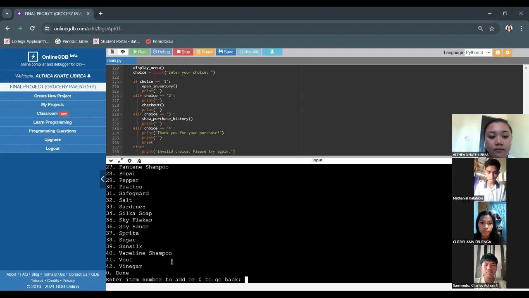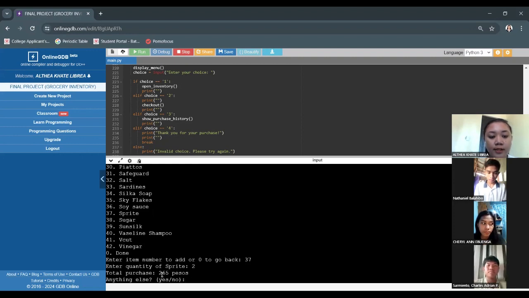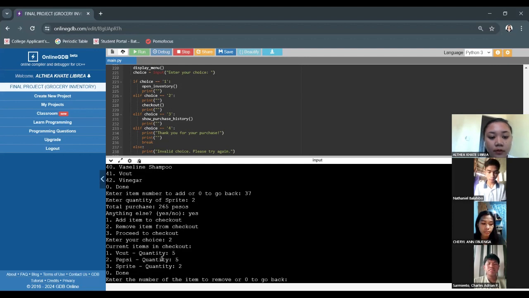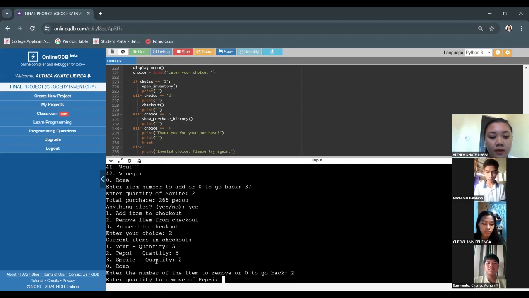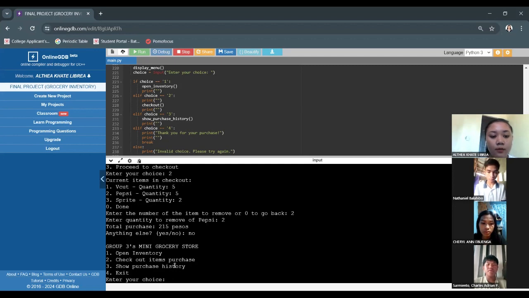Add item to checkout. Let's say I want to add Sprite. That's number 37. I want to add 2. There, the total purchase has been updated, the Sprite has been added. Anything else, let's say yes. Let's remove something this time. The items added to the cart will show again. And then we'll reduce the Pepsi. Let's pick Pepsi. I will reduce it by 2. There, as you can see, the total amount is updated again. And if it asks anything else, we can just answer no, if we're really done buying. And then we can proceed to...